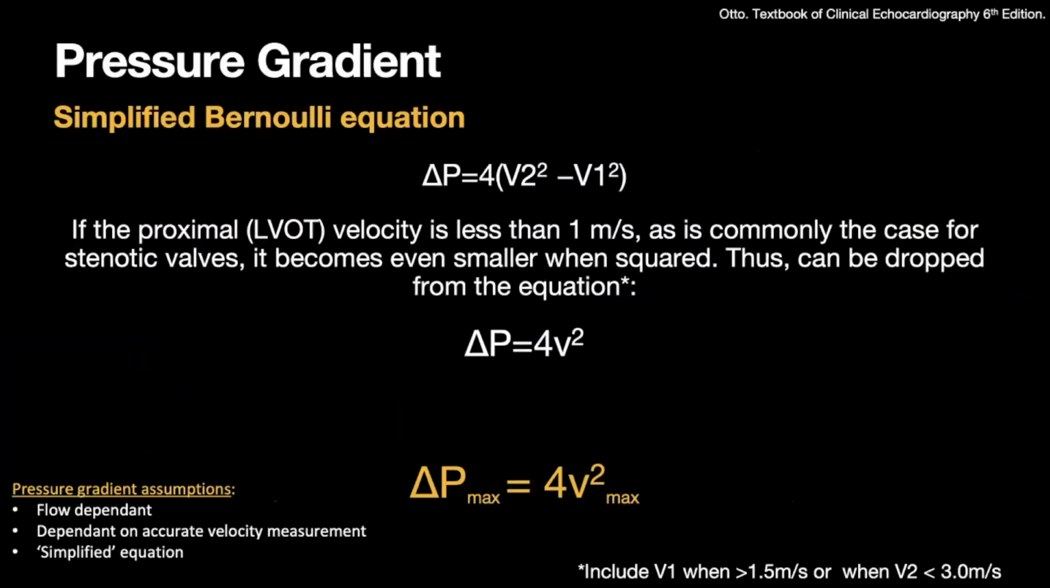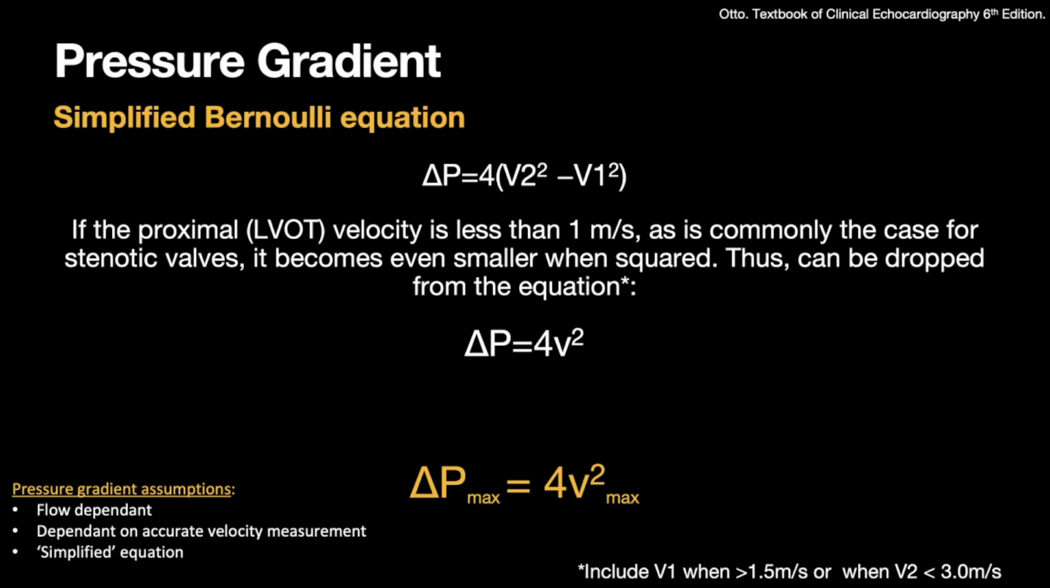So to get to this point, we have had some assumptions which were discussed in the physics of echo talk, so I won't go over all the assumptions to simplify the Bernoulli equation, which brings us to the delta in pressure, the pressure gradient, being 4 times the square of the velocities. And the key is that if the proximal LVOT velocity, or V1, is less than 1 meter per second, which is commonly the case in stenotic valves, it becomes even smaller when squared,